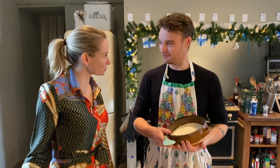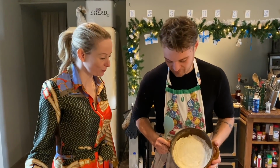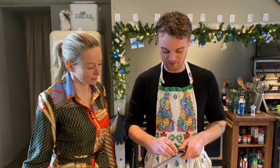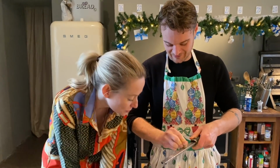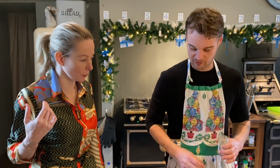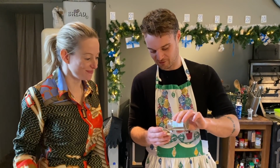Here we've got flour and brown sugar. And a bit of salt. Just gonna put that into the bowl. I'm gonna add about half a teaspoon of freshly ground nutmeg. Oh, smell. Also to that, we're gonna add a quarter of a teaspoon of mixed spice. I don't have a teaspoon, so we're just gonna...